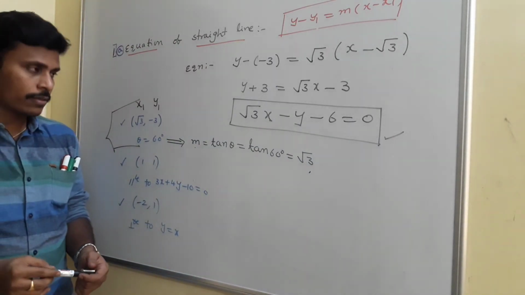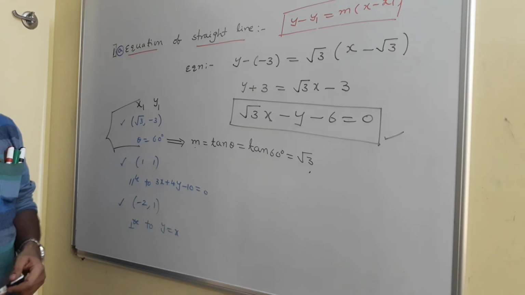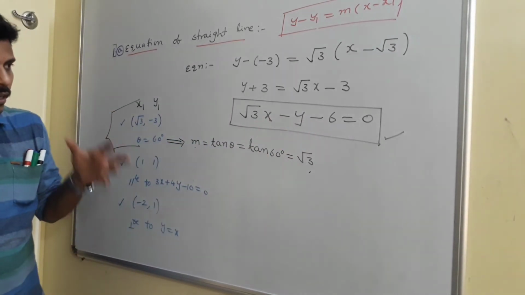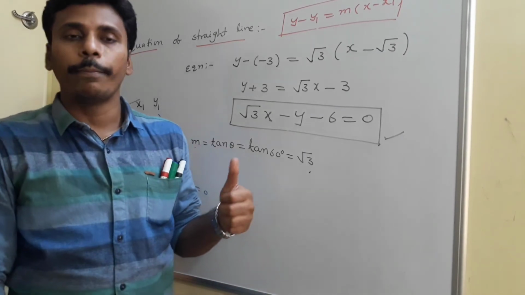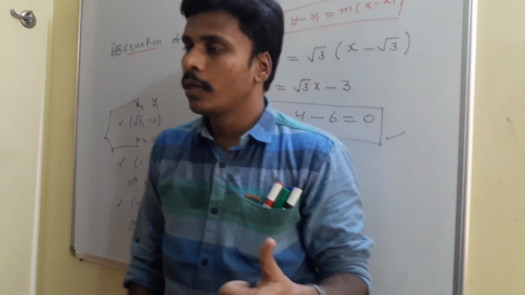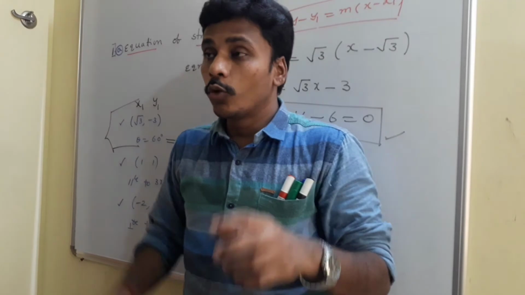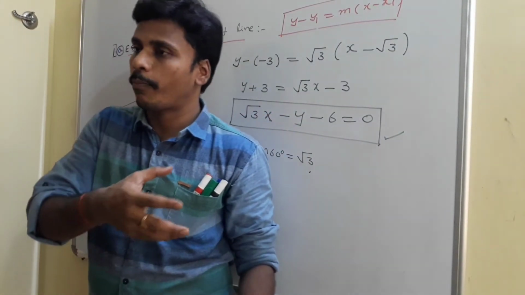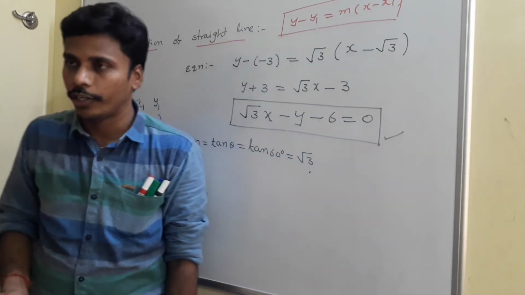Have a look at this. Every time the equation is generally of this form, and to find the equation you need both a point along with the slope. So you need to analyze the given question, right? You need to ask for a point and a slope to find the equation, right?